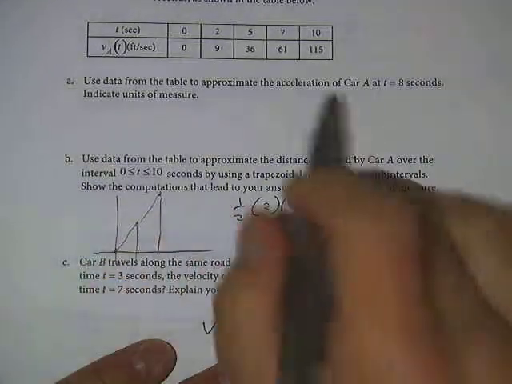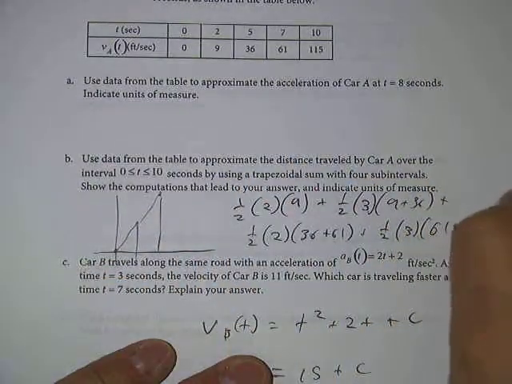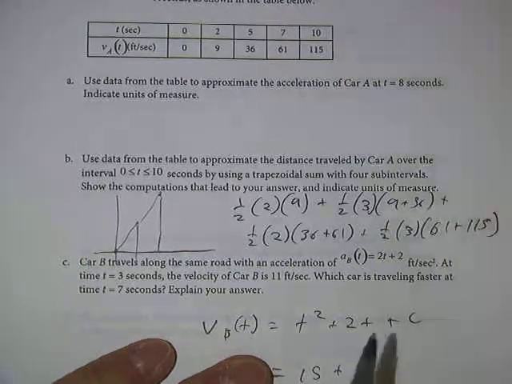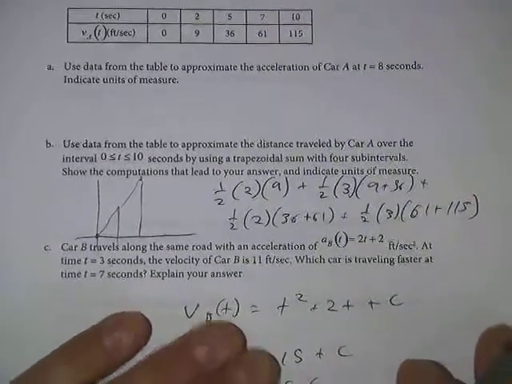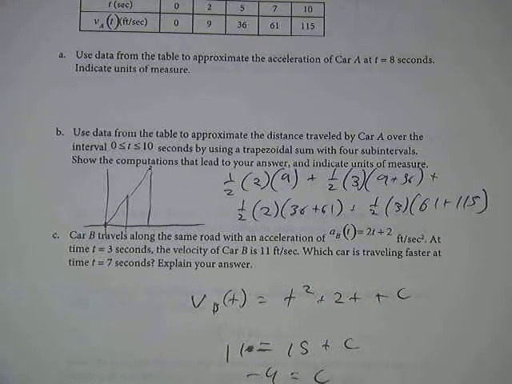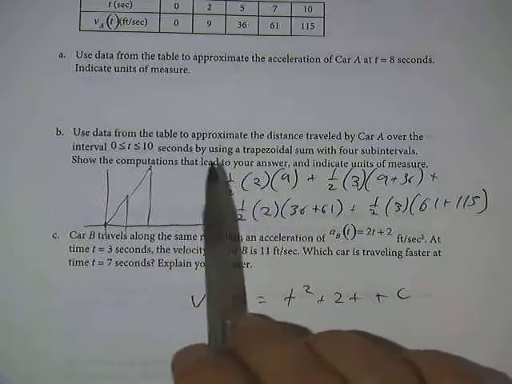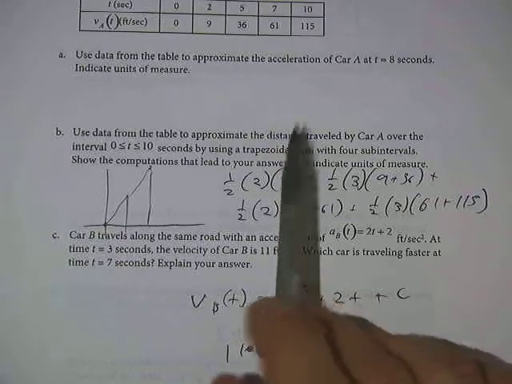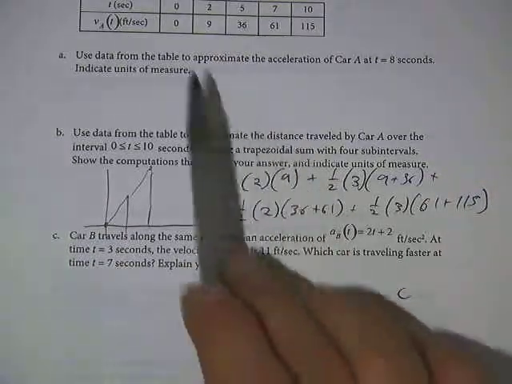The next trapezoid, x-wise, goes from 2 to 5, so that means our height would be 3. And then our 2 heights that we'll use are 9 and 36. And then the next one goes from 5 to 7, so that means we've got a height of 2. The 2 heights we'll use this time are 36 and 61. And